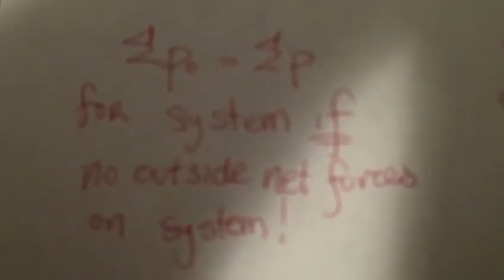One thing you need to be careful of, because I saw a lot of people do this on the last test, don't confuse conservation of momentum with conservation of energy. If you write this equation, sigma p naught equals sigma p, because there's no net outside force, it's m1 v1 naught plus m2 v2 naught, etc. There's no v squared. The v squared would tell you you have kinetic energy. This is just momentum. Okay, so I'm gonna do